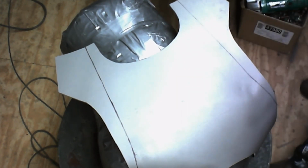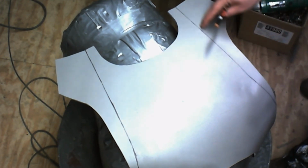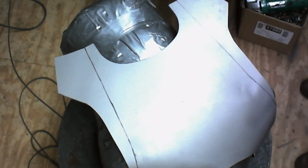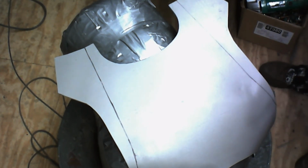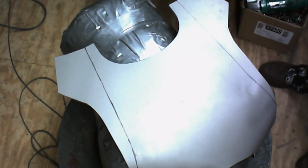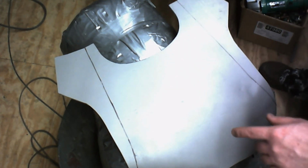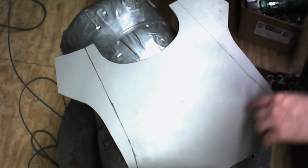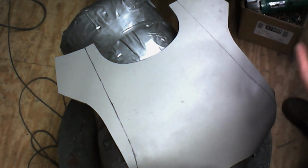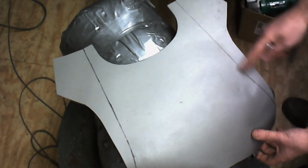Alright, so where this bend starts is where we're going to cut all the way through. The rest of this, we're going to just basically score it enough so that we can bend it under. And then we'll run some epoxy glue along this seam to make that nice and strong, and then we'll put some on the inside as well. So I'm going to go ahead and cut this, and then we'll come back and we'll start to bend it. I'm going to take it off the tape cast here, and we'll start to do our bends, and I'll show